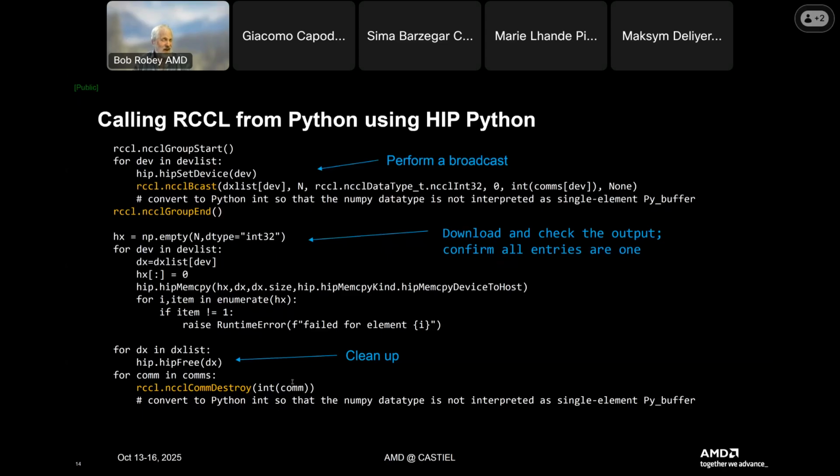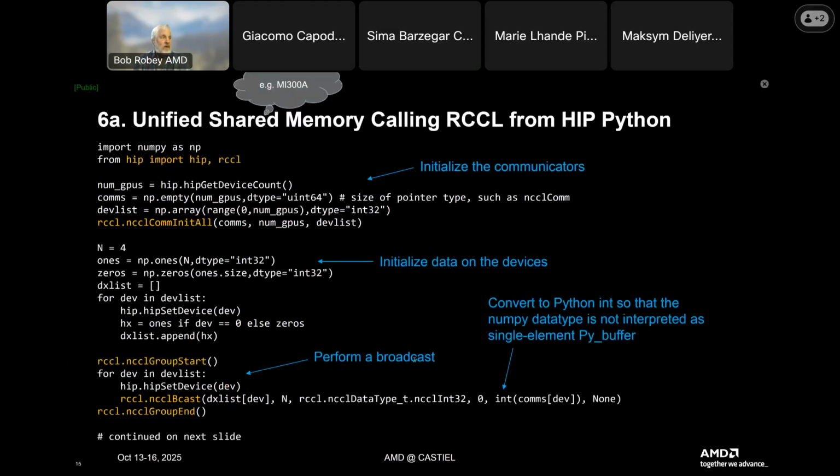Since Python sort of automatically detects types, you'll notice this comment in here that you have to tell Python that this should be treated as an int instead of an array buffer. So again, unified shared memory on the MI300A, or if we're emulating that on the discrete GPUs, we can eliminate a lot of the allocations on the GPU